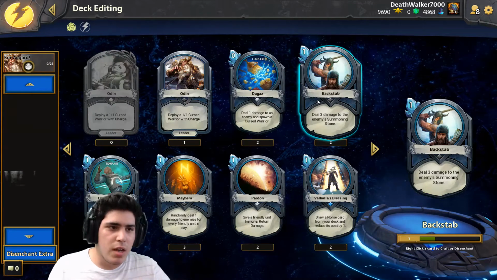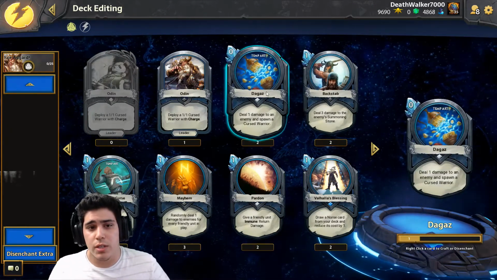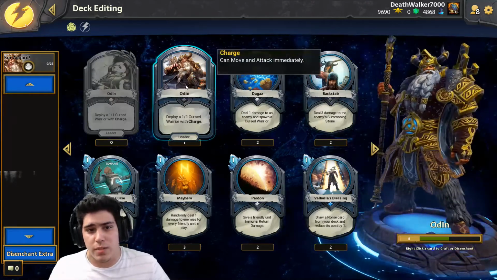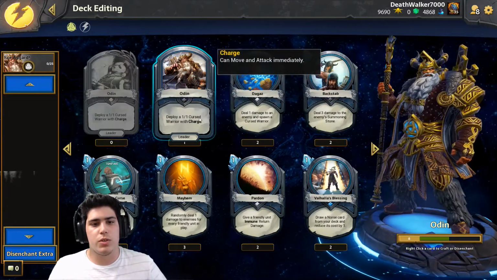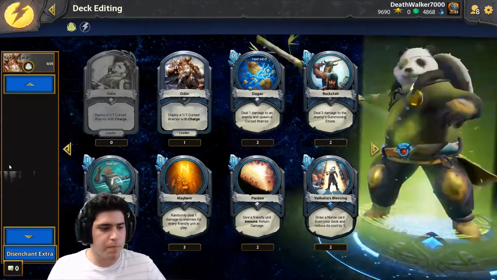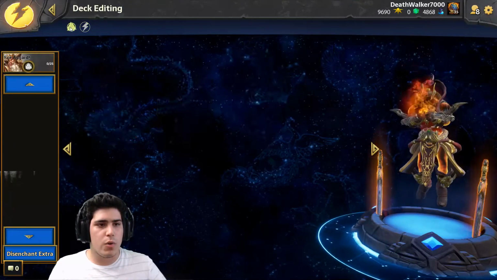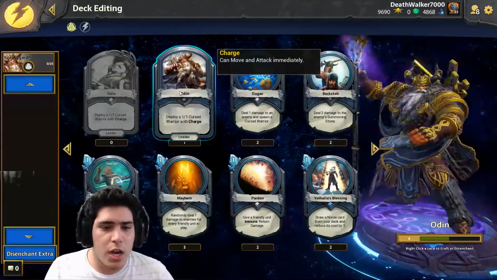So the first deck I should say will be Odin, and Odin is a really aggressive leader. As you can see, he can deploy the 1/1 Curse Warriors with charge, meaning that he can move and attack immediately. So, first thing first, with Odin, while you're going to swarm a lot of the board, we're going to